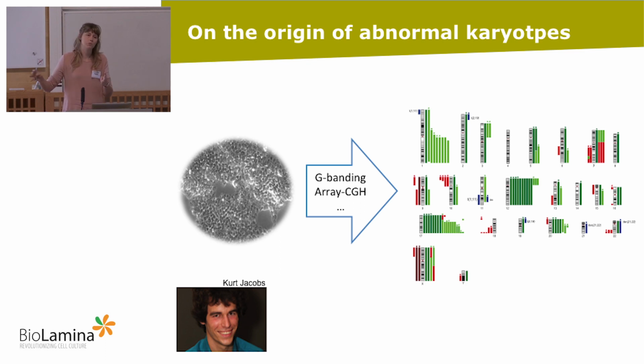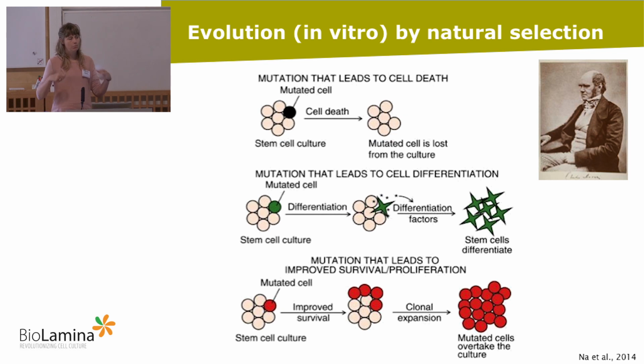Your cell can have a mutation that will lead to differentiation. This one is also one that you will not pick up when you do your aCGH or your karyotype, because it simply will be lost out of your pluripotent culture. And then you have the option of a mutation that gives you improved cell survival, better proliferation, whatever, and the cell is basically very quickly taking over the culture. In our lab, the studies we've been doing along these lines show that 10 passages is enough time to have one cell taking over your full culture and have a clonal culture consisting only of mutant cells.